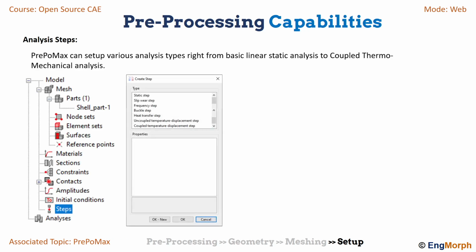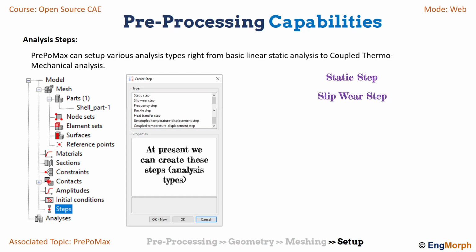Next, we will discuss analysis steps. PrePoMax can set up various analysis types right from basic linear static analysis to coupled thermomechanical analysis. Currently, it supports static step with linear static, contact, large deformation and plasticity, slip wear step to model the material damage due to slip friction, frequency step to find the natural frequencies and mode shapes,